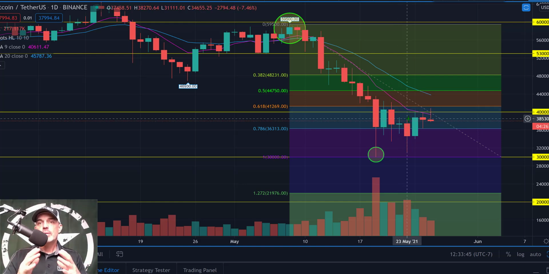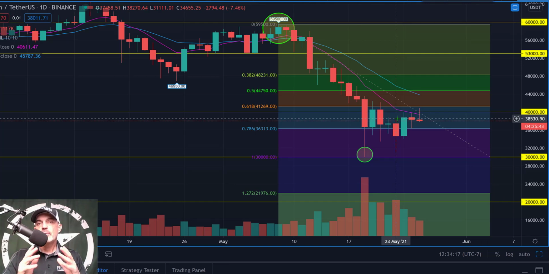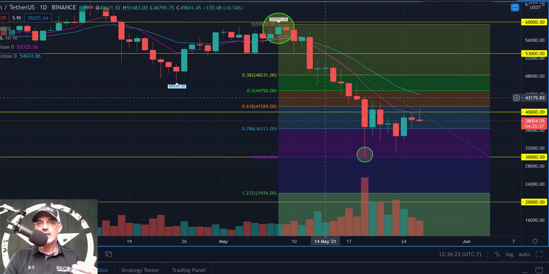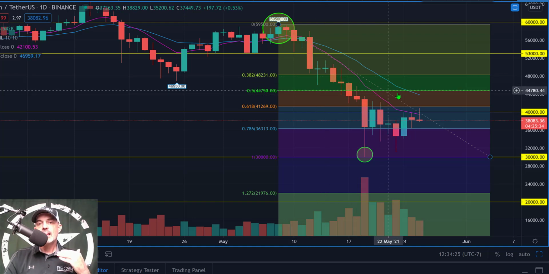Remember, it's not our objective to pick the highs or the lows, the tops or the bottoms. Our mission is really just to be involved at a level that exposes us to the minimum amount of risk relative to the perceived profit potential. And that is what these price targets are about. I'm not trying to pick or predict. I'm just looking at levels that I might want to get involved at and where I might actually want to get out.